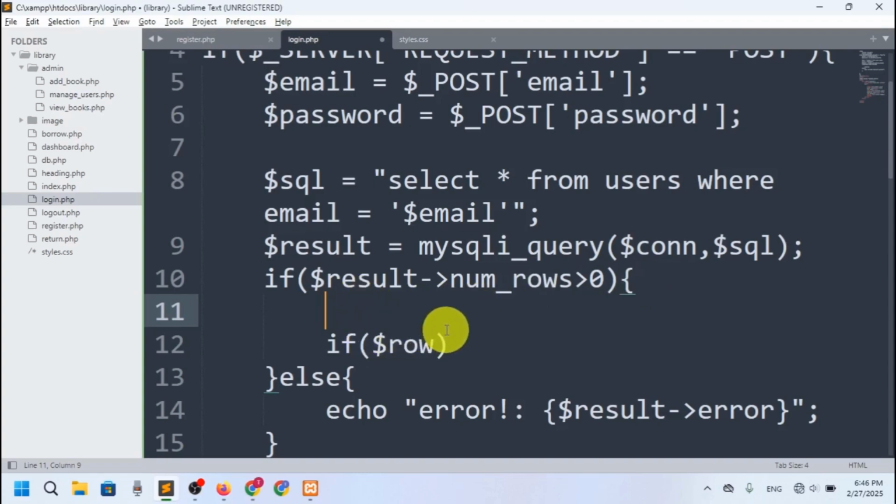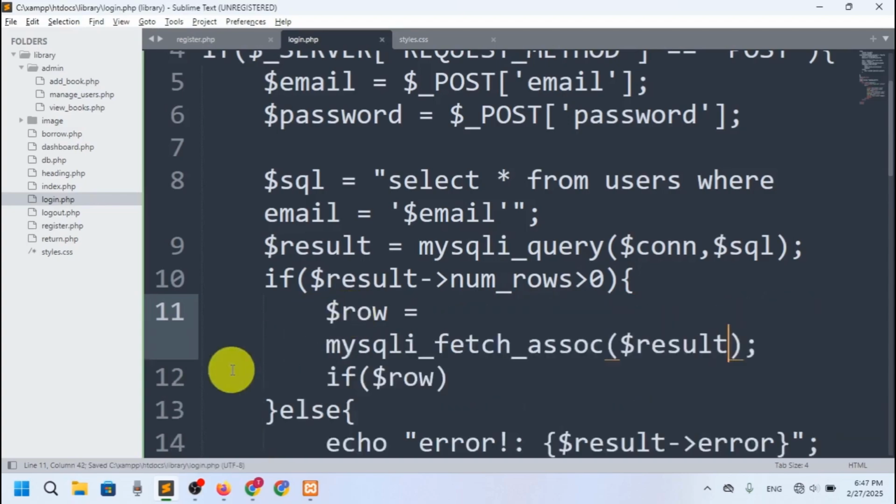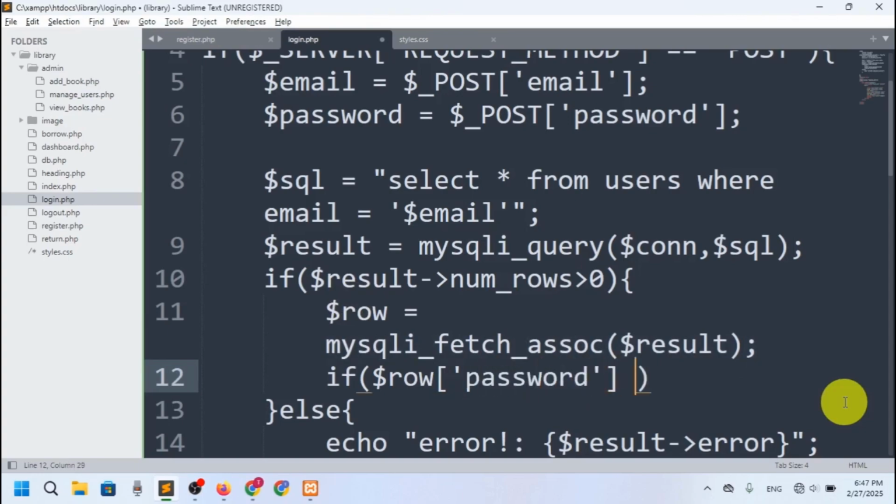So now I want to set a variable here, $row, and I want to fetch all the data. So I will say mysqli_fetch_assoc, which fetches as an associative array. This is the function, and I want to pass the parameter result. Okay. So now the result will be stored in the row variable. So I will say here if $row, and I want to know the password also. If $row password is equal to